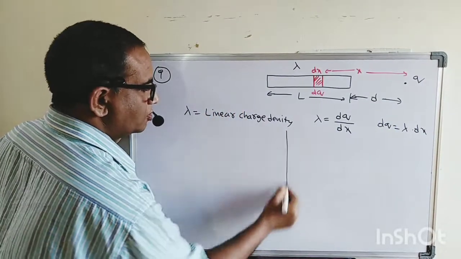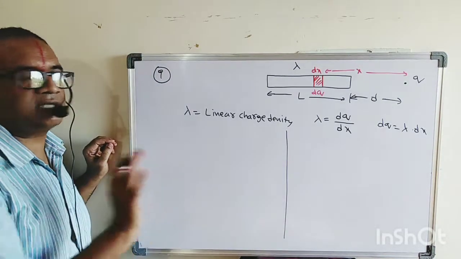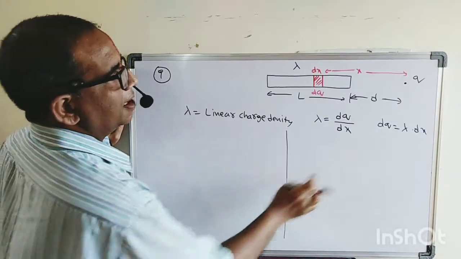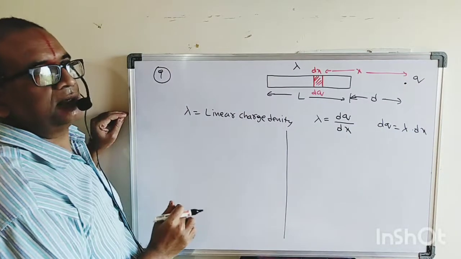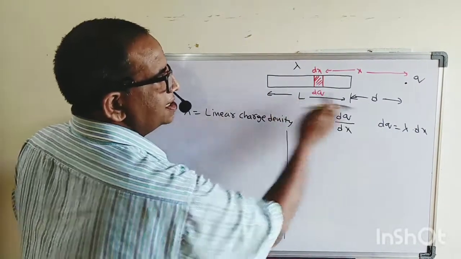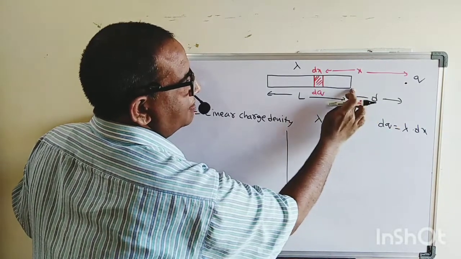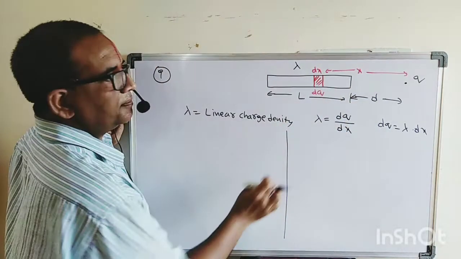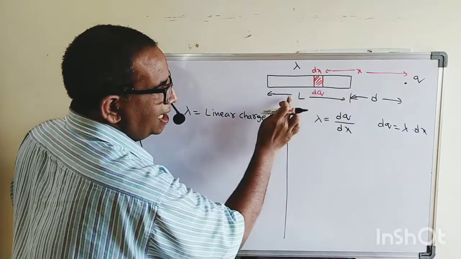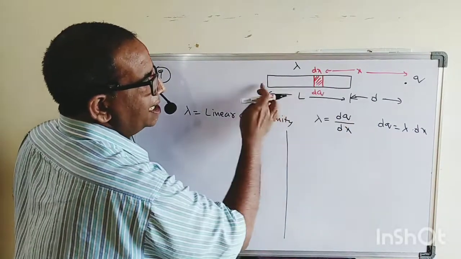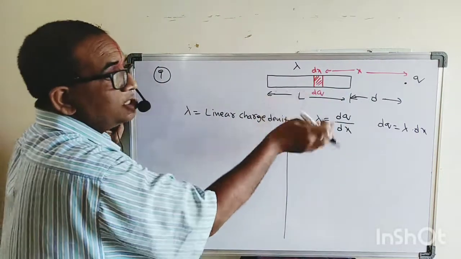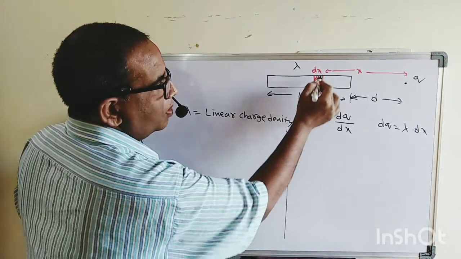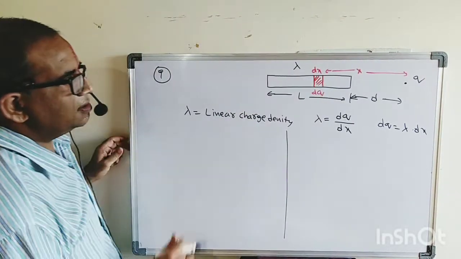Are you following what I am saying? Let us say we have a rod here and a point charge here. Remember, this is a variable charge. At a distance d, only the starting edge of the rod is there, and by the time you reach a length L, you have the entire charge. So your charge is variable here. That's why we have taken a small length here.